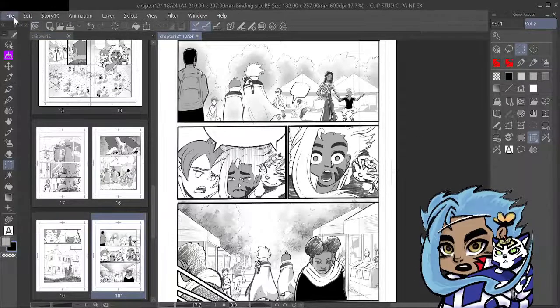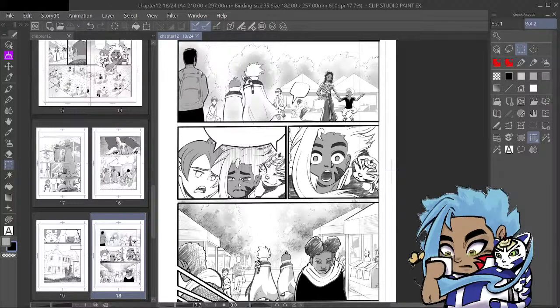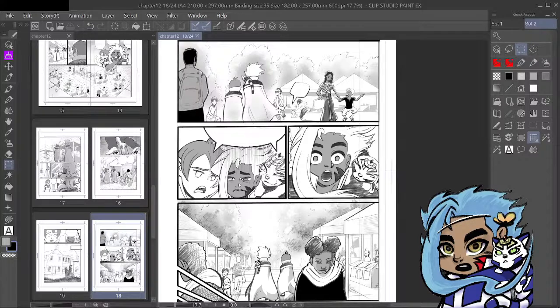Alright, I think that's where I'll stop for now. And yeah, there's only one page left, so I will record the process of finishing that page for you guys and put that up on Patreon. That means on Wednesday when we come back to the stream, I should have some different content for you guys. But for now, this is where I'm at.